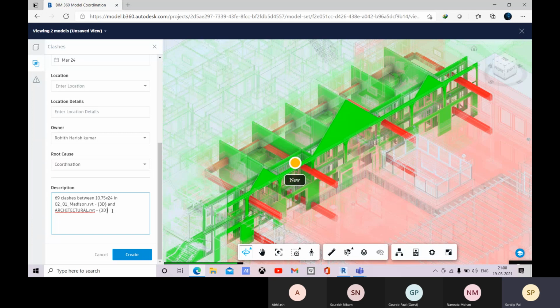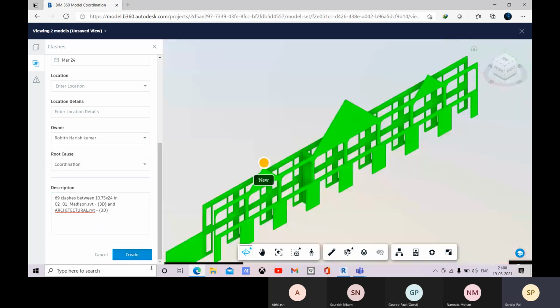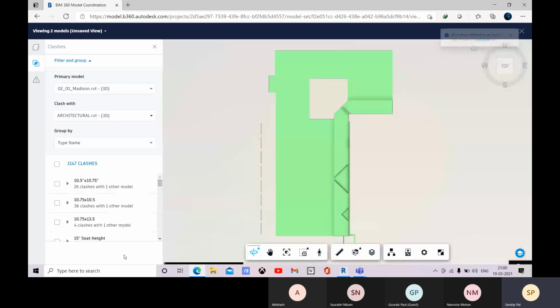So the description has been adapted according to the clash. There it is mentioned that 69 clashes between these two models. Okay, and then you go for this create, or if you want to add more description, you can add it. So let's go for this create.